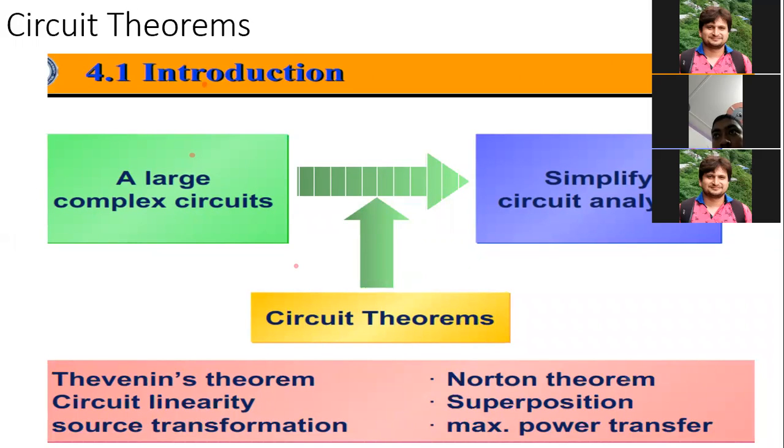We will go for some questions at the end of the chapter of AC circuits also. We will solve some problems on AC circuits at the end of the chapter. A calculator is a must in that case, and they are a little bit complex. So further we will go for circuit theorems, the most important one.